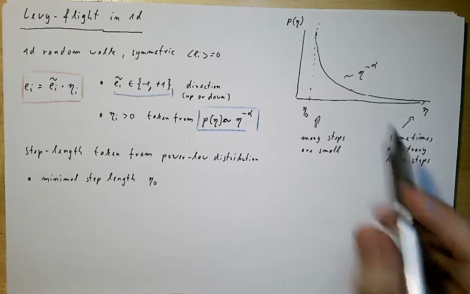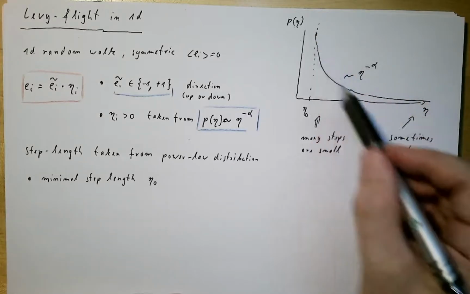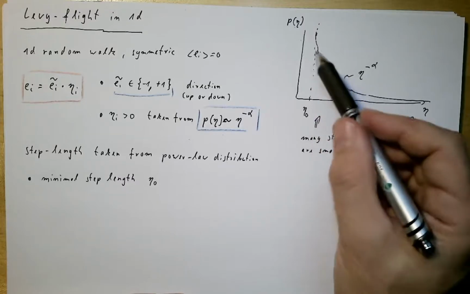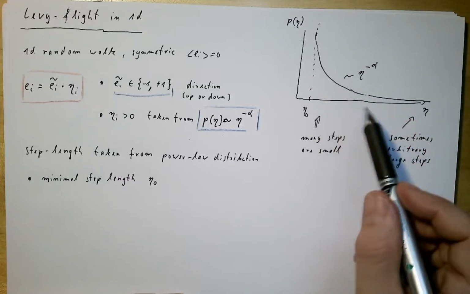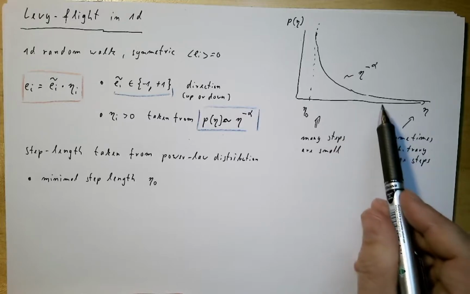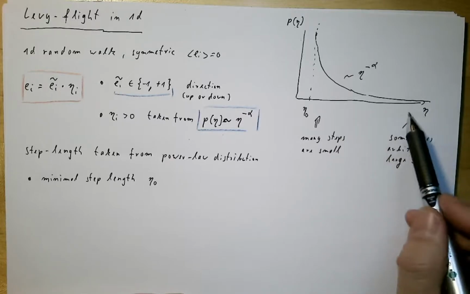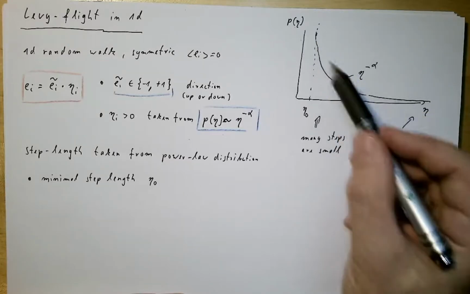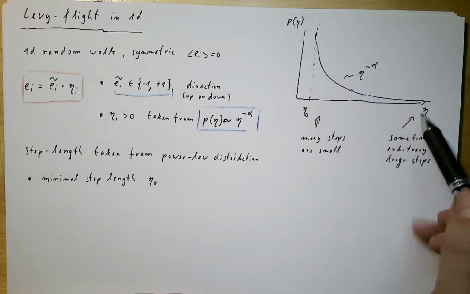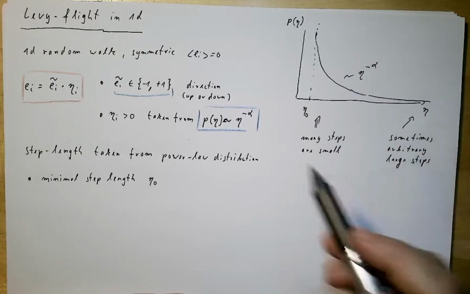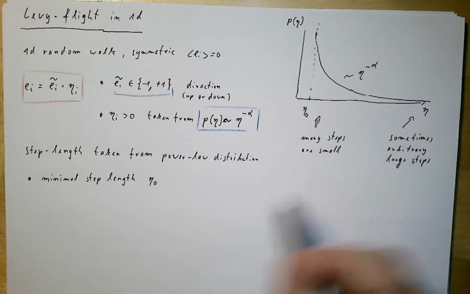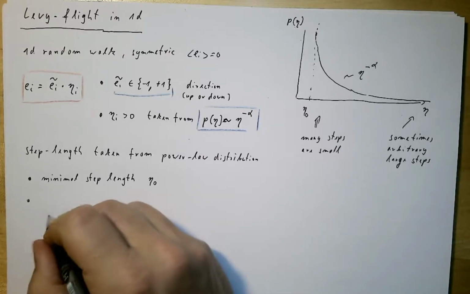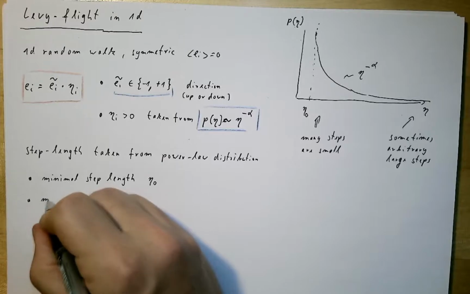And here it's important that we have a power law, that this is not an exponential, because the exponential distribution would decay with a certain scale, and then larger steps than this scale would be very unlikely. But if we have a power law, that means that very, very large step lengths eta might appear from time to time. So we have a minimal step length, and most steps are very small,